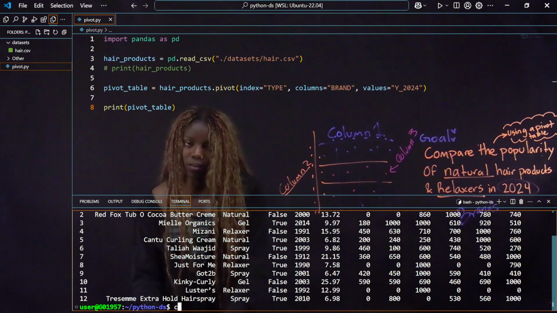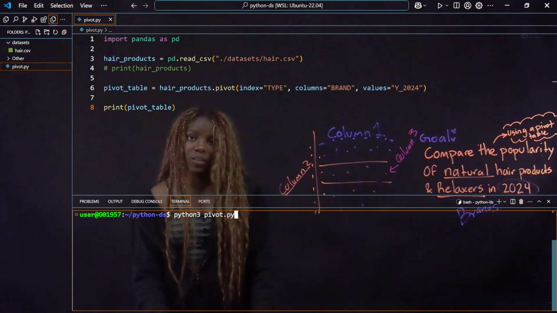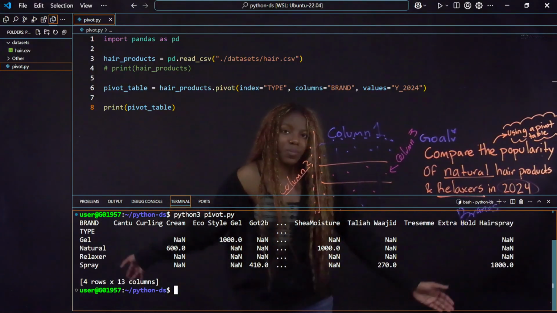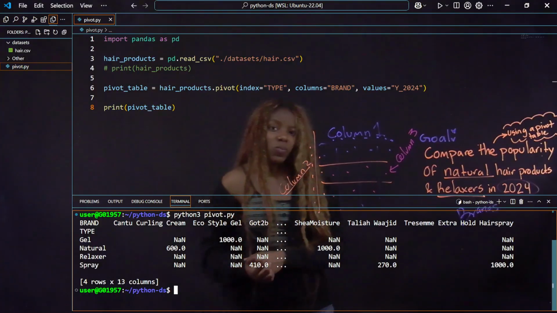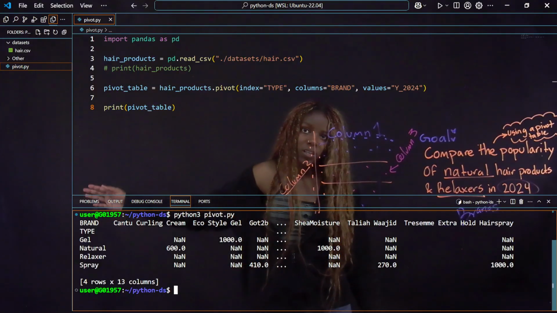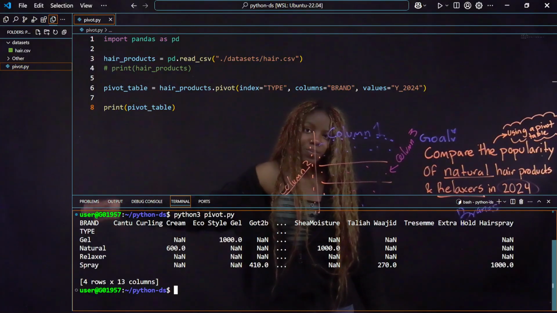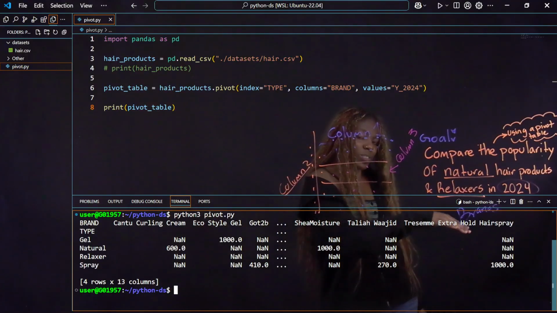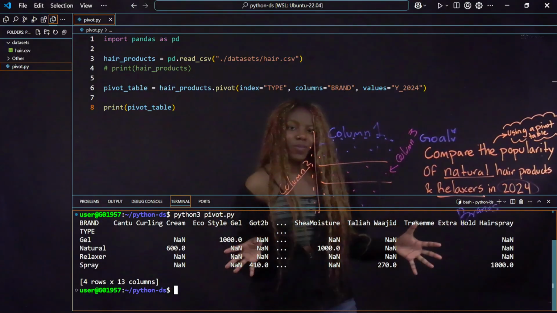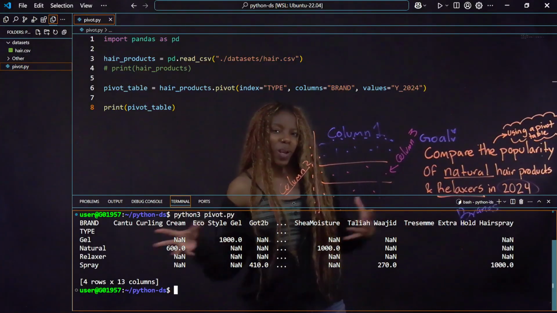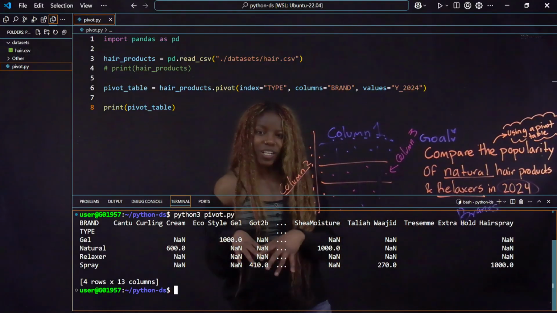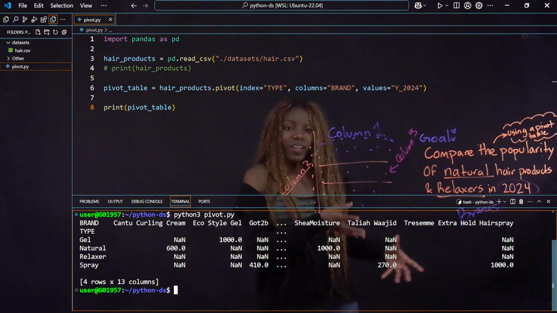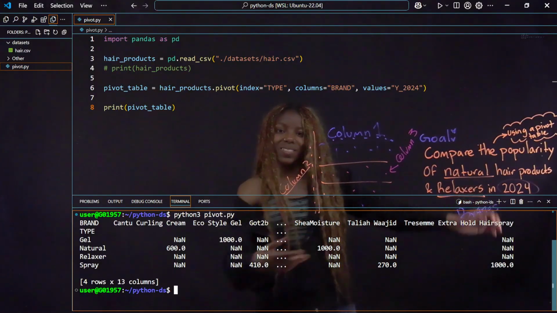And let's do that. Wonderful. So instead of having all of that information at the bottom, we have it where this is our row names, which is the types. We have our column names, which is the brands. And then in here, well, there's a lot of nulls or not value things in here. It's a lot easier to be like, okay, this is that, to compare the popularities. And that is